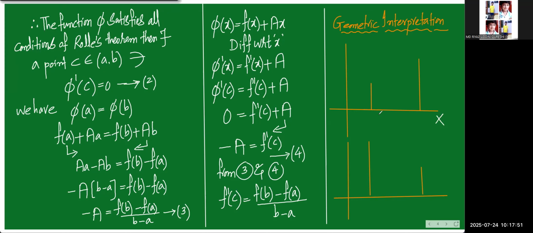x-axis, this is a point A, this is f of A, this is a point B, this is f of B, this is f of A corresponding to the point A. This is y-axis, origin. तो f of x तो कंटिन्यूअस है, ठीक है ना, f of x तो कंटिन्यूअस है, f of x डिफरेंशिएबल भी है, बट f of a f of b इक्वल नहीं है, तो the possible graph will be like,